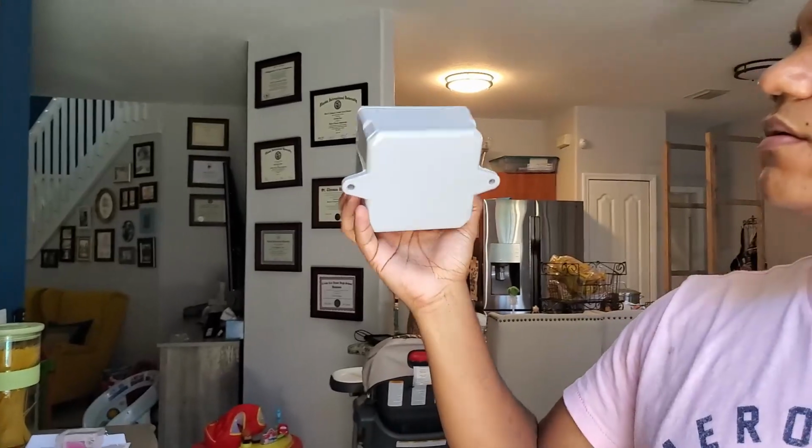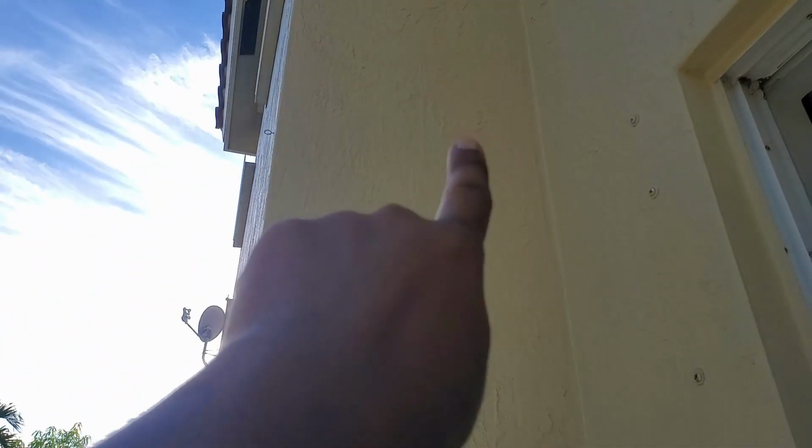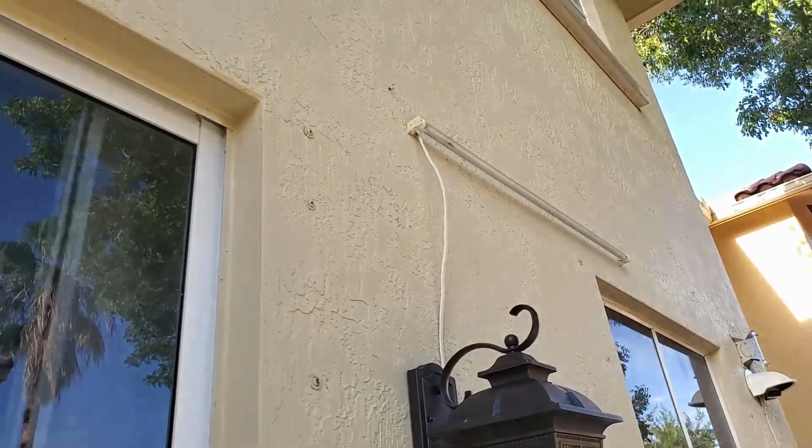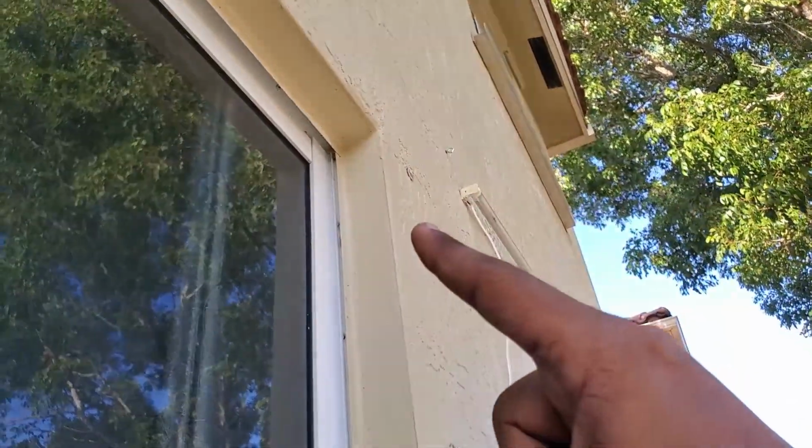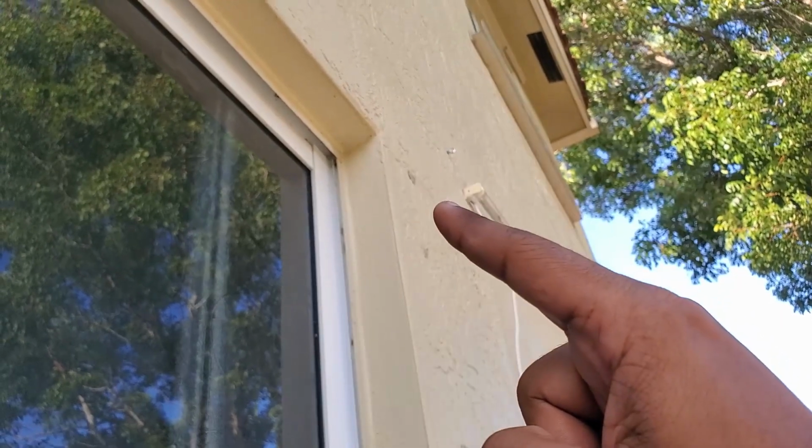All right, so the way I'm thinking I'm doing this is I want the end that goes connected to the wall to be inside this enclosure I got right here, which I'm gonna mount to the wall. But I want to mount those enclosures, one to be, see how you see the hook right there? I want one enclosure there, and the other hook is right above the LED light right there. I want to put the enclosure either next to it or below it,